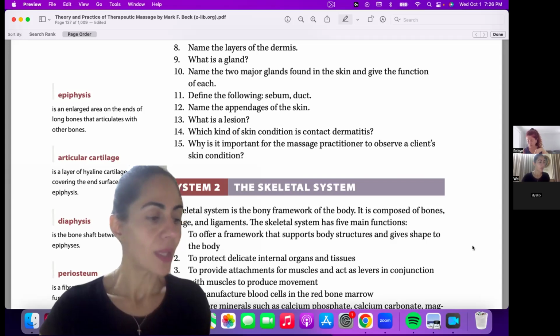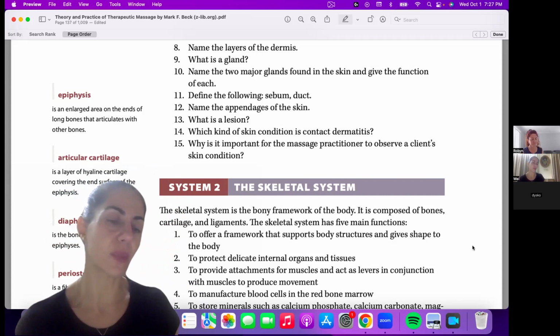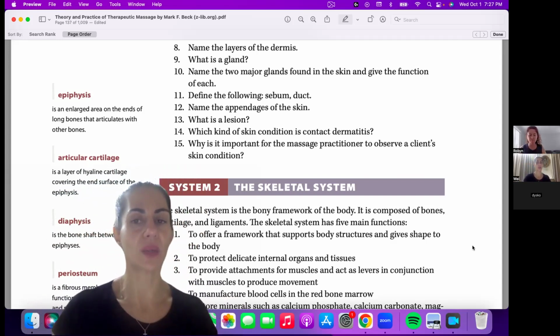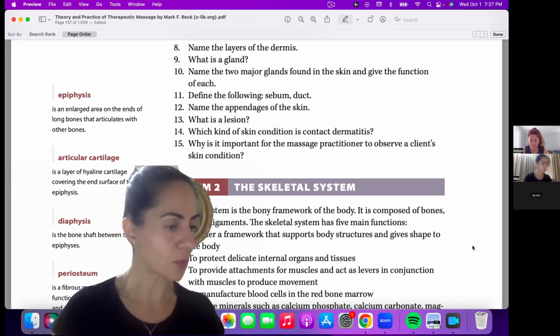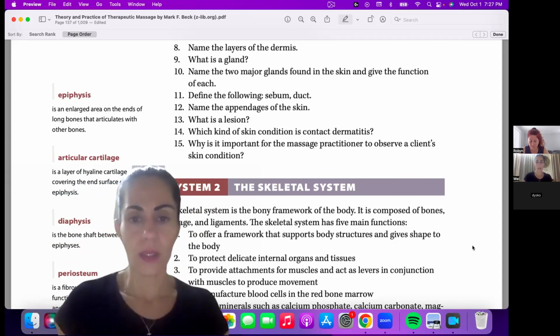Correct? Okay. Now there's a lot more info in there, but we're going to start with these first and do some questions and see how it goes. Sounds good? And if we need to dive into more detail, we can definitely do that. Okay, so